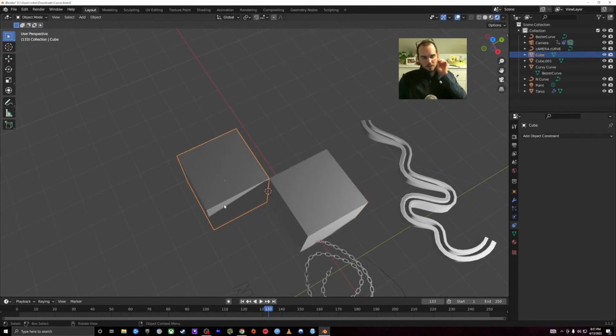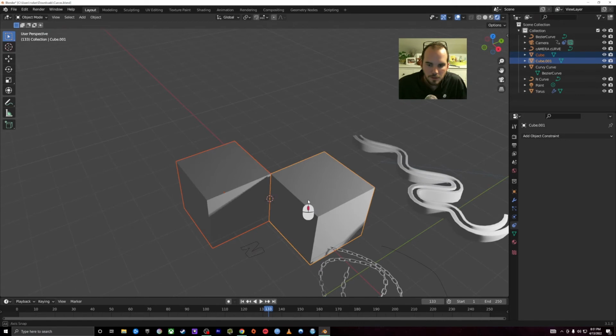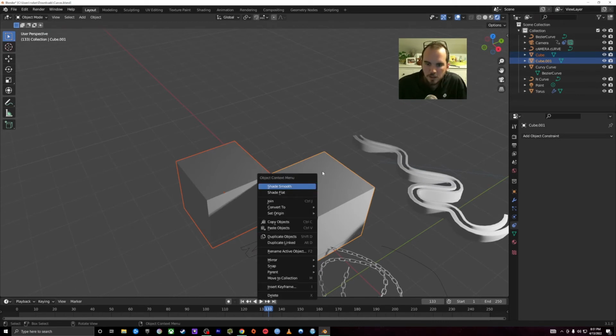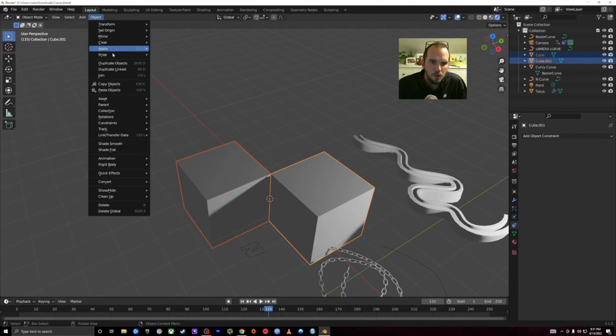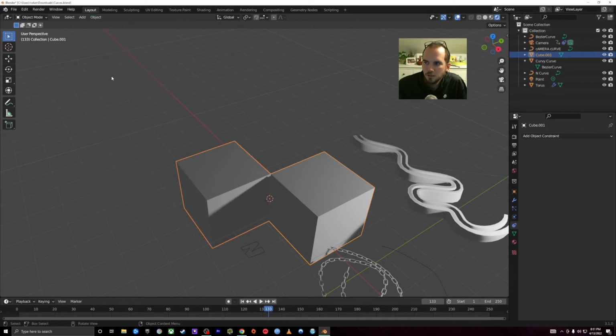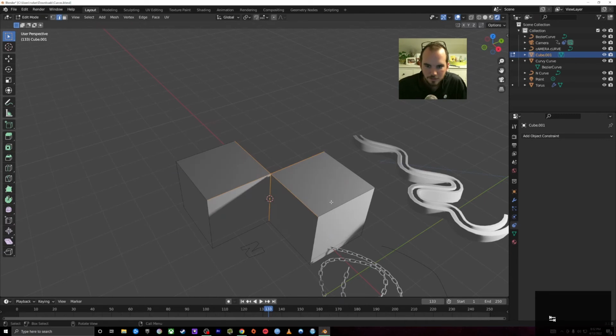Which actually brings me to my next point. I think I mentioned this before, but sometimes it makes sense to join things together as well. So Object, we can Join. Join selected objects into active object. So that just made them the same thing now. Ooh, A for all. Anyway,